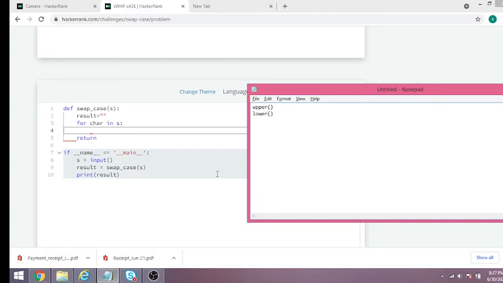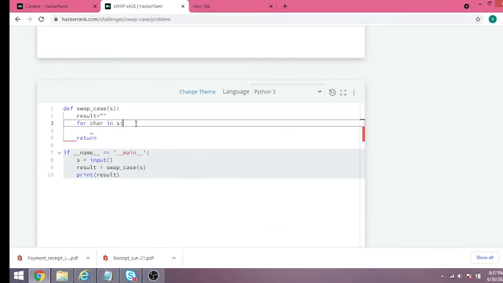I think you know upper and lower. What will they do? If my letter is lowercase a and I apply upper to it, the output will be uppercase A. The same way, vice versa. If it is uppercase A and I apply the lower function, it will be converted into lowercase.